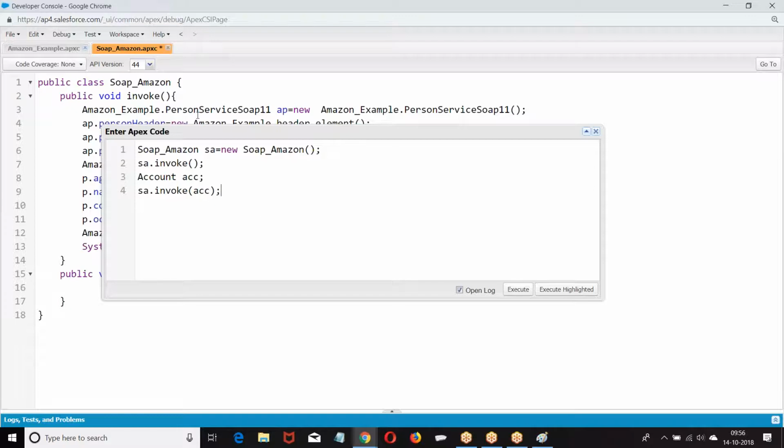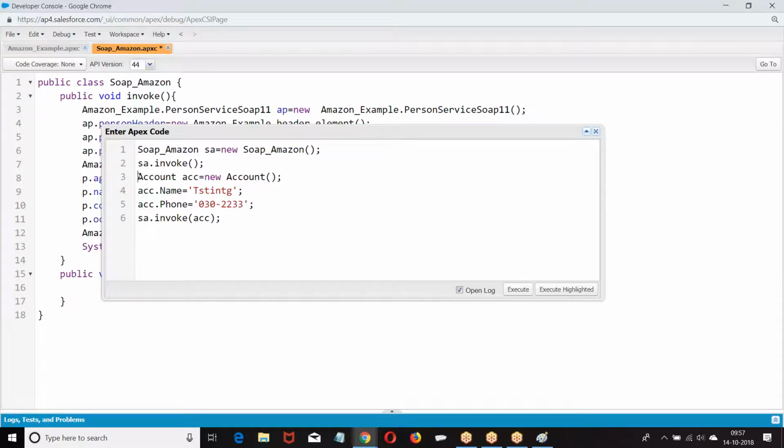Null. So what we do? If you don't assign any value, it's empty. Then I'll say acc.name, and then I will be passing acc. This is how we are supposed to pass it.